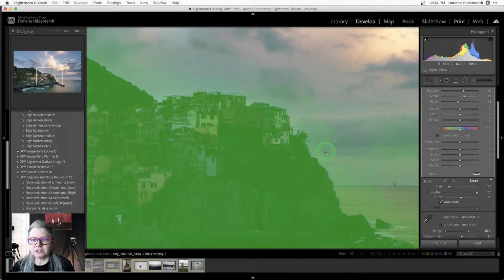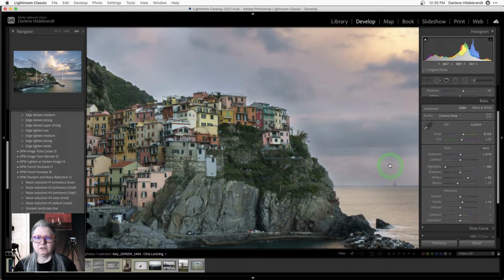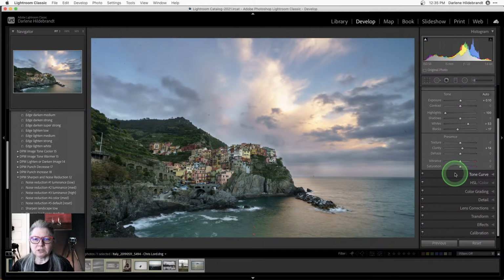So always double check your settings because even though I thought I was erasing, I was actually painting. Okay, let's see how that's doing. If I just turn off the overlay, you can see that I'm doing a better job here, and that's with that Auto Mask. I'm getting into these smaller areas because you don't want a halo around the city. Right? So that is better. Still not perfect. I would probably do a much better job of painting that, but for the purposes of demonstration,